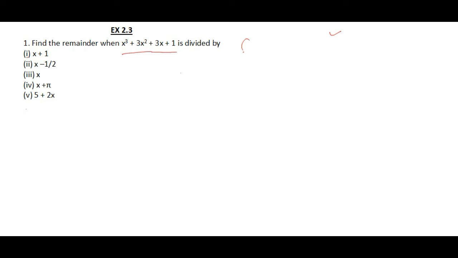f of x is equal to x cube plus 3x square plus 3x plus 1. Now we have to find the remainder when we divide this polynomial by another polynomial, the linear polynomial x plus 1. So g of x, let's say, the divisor, is equal to x plus 1. So to apply the remainder theorem,